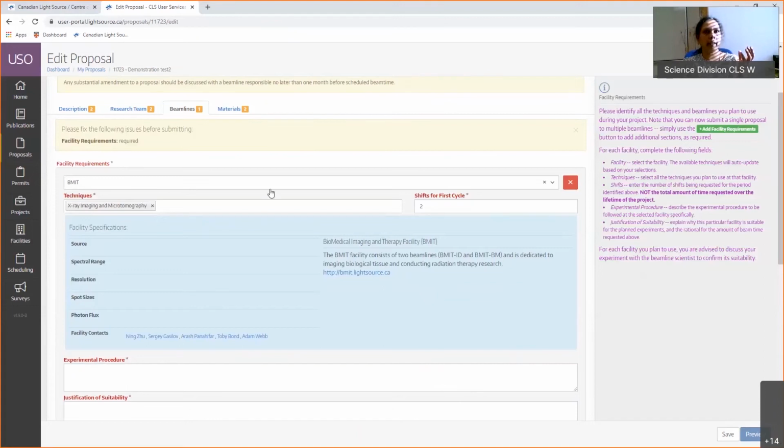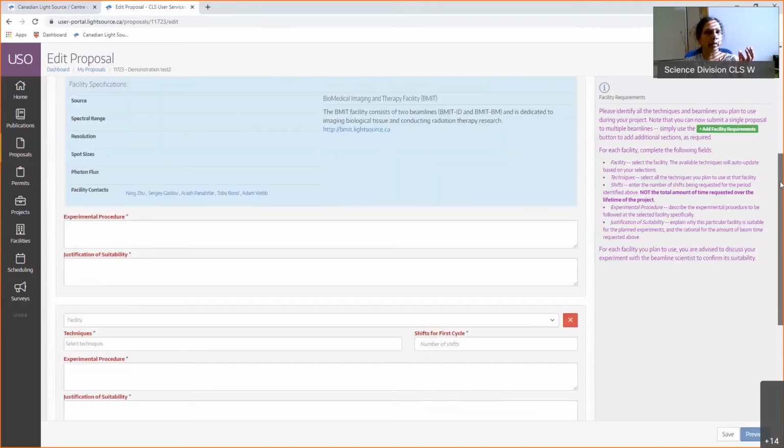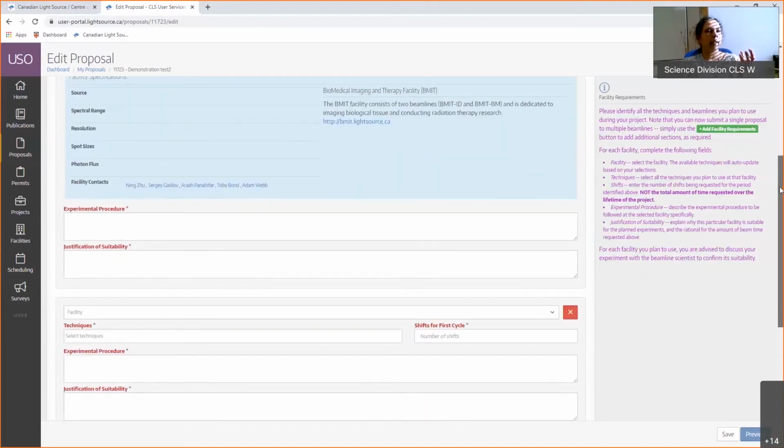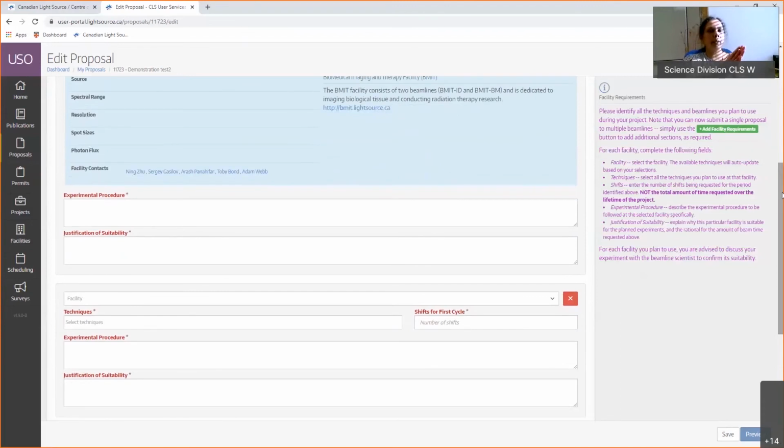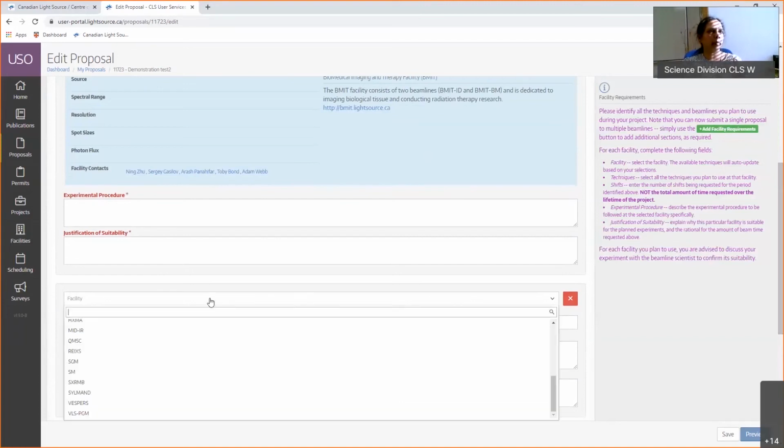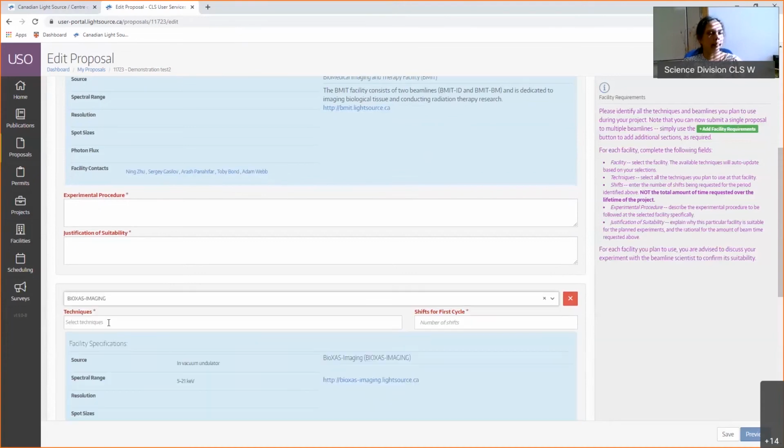I looked at it at the 3D biomedical imaging therapy beamline. Then I want to cut the seed and do X-ray fluorescence mapping to look at where the iron is localized. That can be done in another beamline called BioXAS.